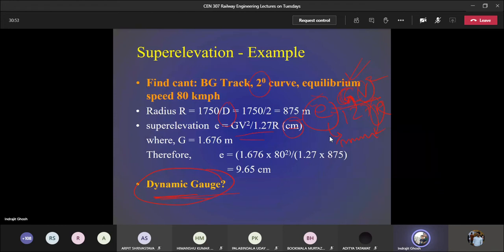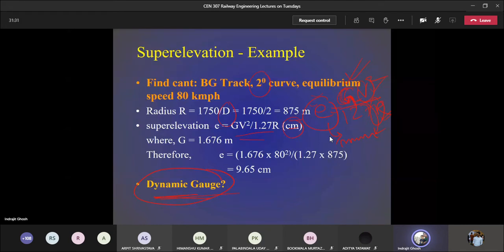So it has been observed, if we go for the actual value of gauge being incorporated in this equation, sometimes the line is not going to be safe. There are instances of rail derailment or accidents. So the people who were responsible for the track design, they came up with the idea of factor of safety. They cannot do anything with the speed, they cannot do anything with respect to the R. So they said that if we want to incorporate anything in terms of factor of safety, we can go for some super elevation which is meant for a larger gauge.